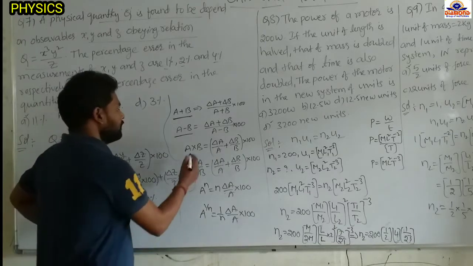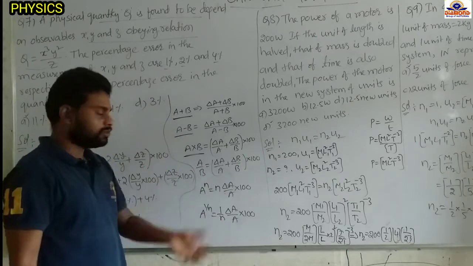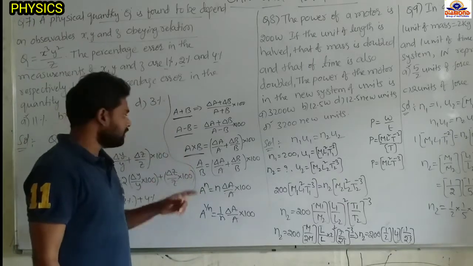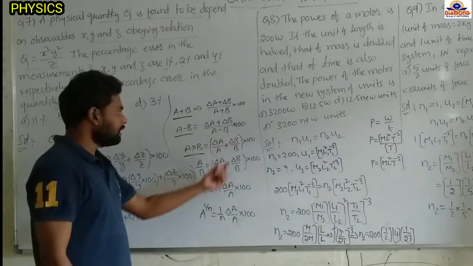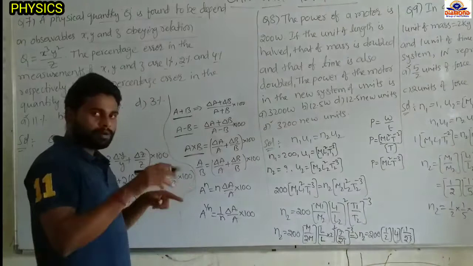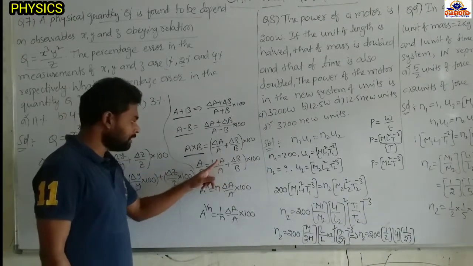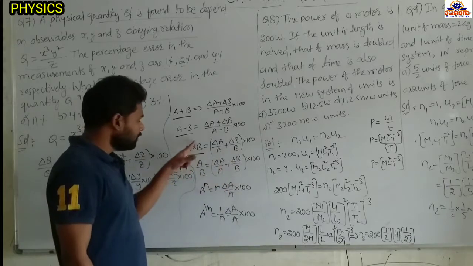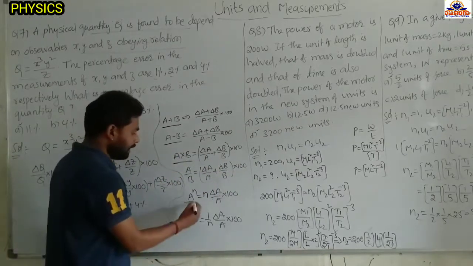Okay, next a into b is there. If the quantity is expressed by the multiplication of two other quantities, then percentage error for a into b is del a by a plus del b by b, addition we will get. A by b is there, so don't think of it as different: if we send b it becomes b power minus 1. So for a by b the formula is also the same, del a by a plus del b by b. For multiplication and division we have the same formula. And a power n is there.